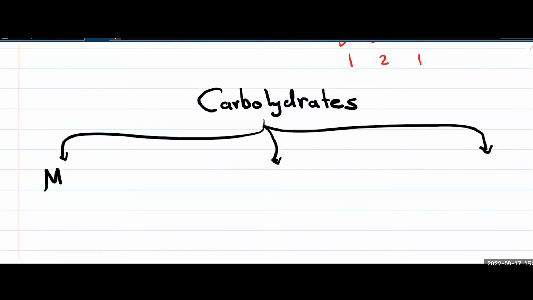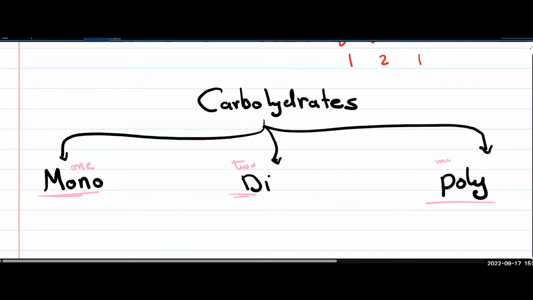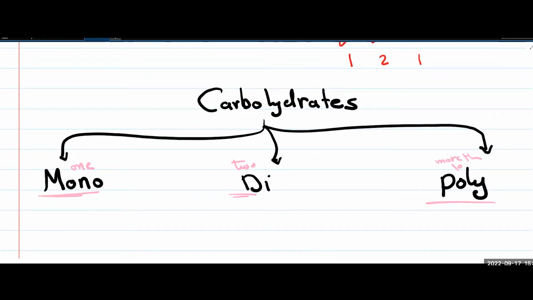When I say mono or di or poly, you should know the meaning of this term. Mono means 1, di means 2, poly means more than 10,